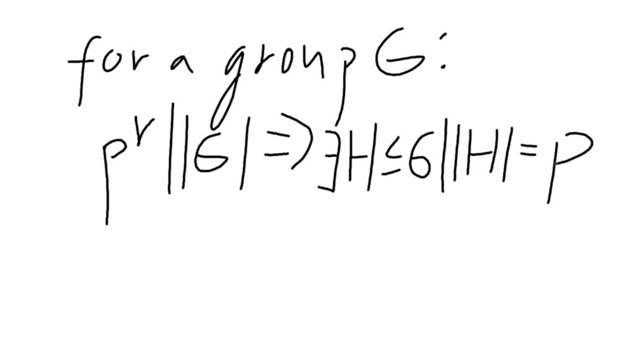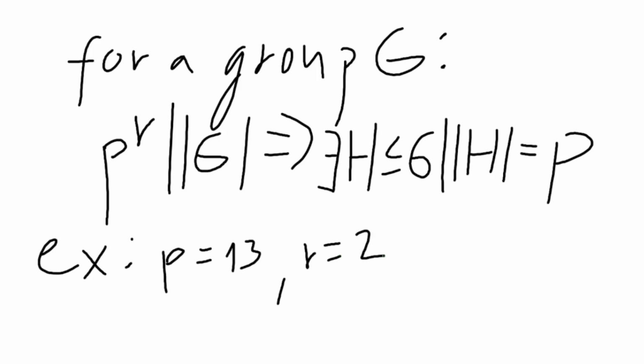If you're thinking of an example, first of all think of some prime. So let's say our prime is equal to 13 and r is equal to, let's say, 2. Then p to the r would be 169, because I said 13. Well, then that means that there exists